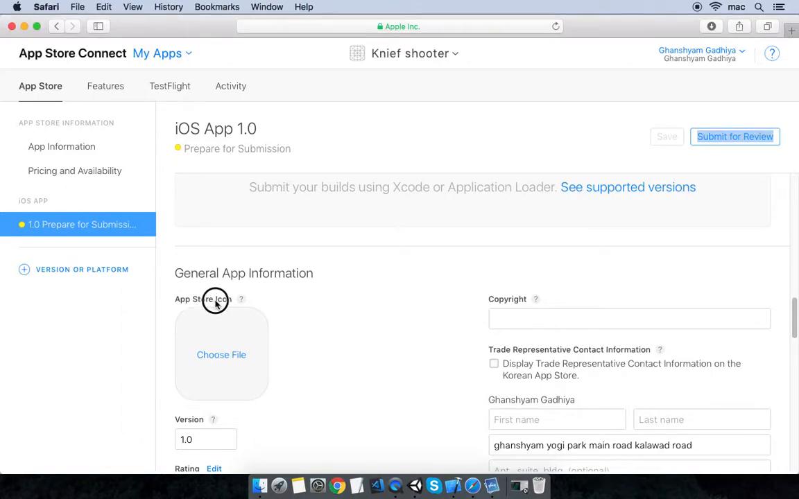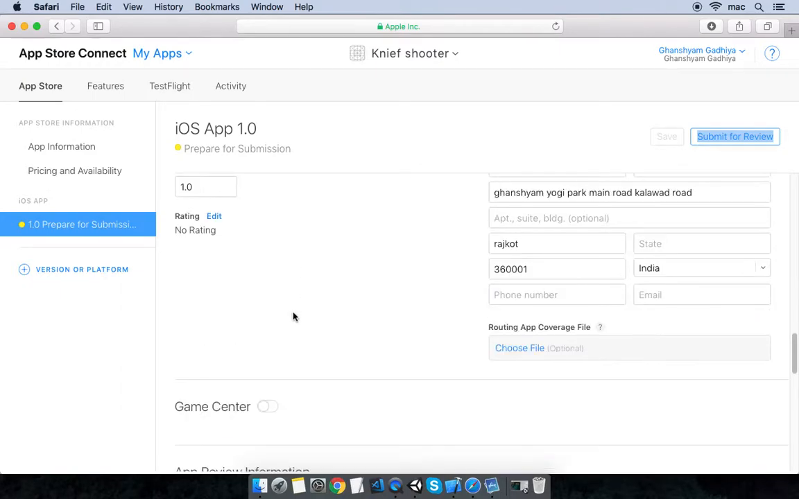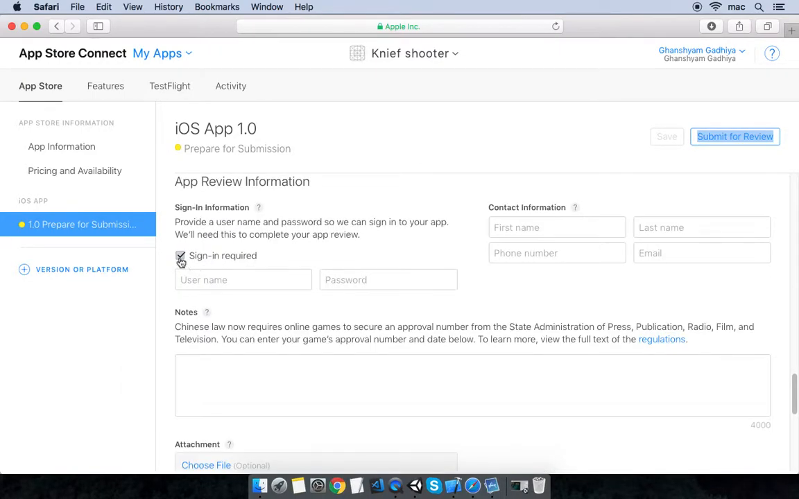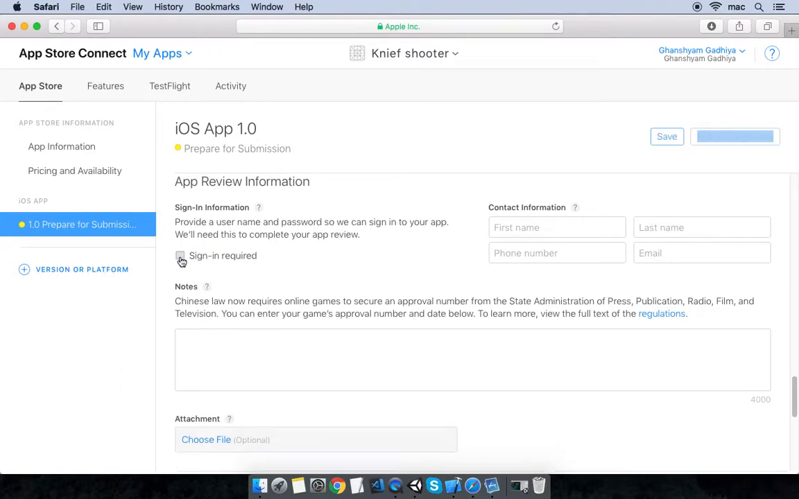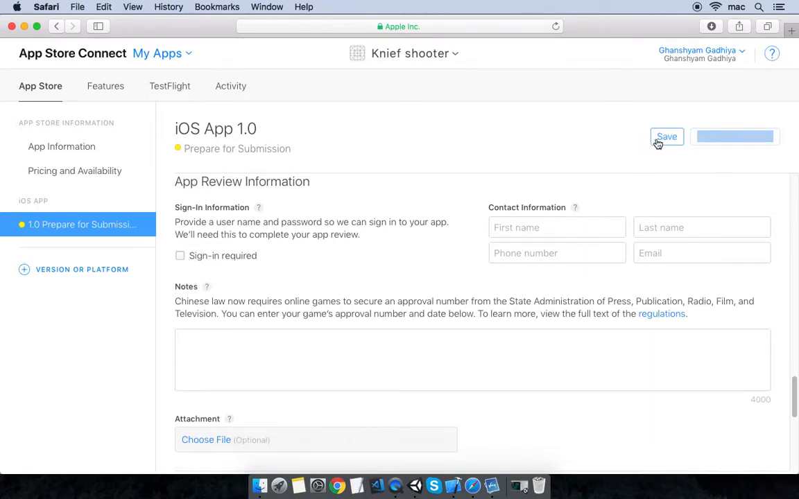Add a 1024 by 1024 size icon and uncheck the Sign in required option. Once everything is done, click on Save and then select the option of Submit for review. Once saved,